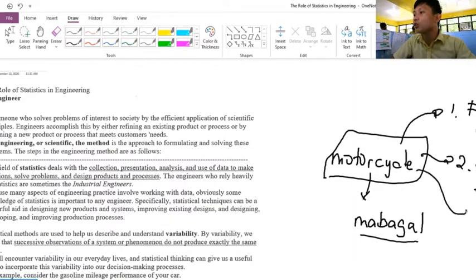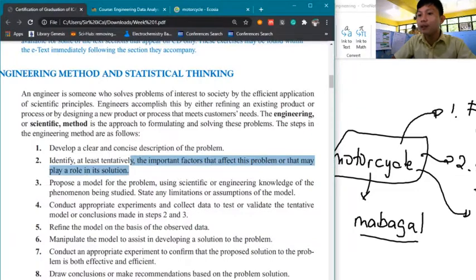Okay? So, it could also be number 3. Ano pa ba mga usually causes kung bakit mabagal ang motorcycle, no? Or masyadong mabigat. Mabigat ang sakay. Okay? So, mapapansin nyo na meron tayong at least 3 tentatively na factors na nakaka-apekto dito sa motorcycle natin. Kaya nangyayari ang problem which is mabagal yung motor.